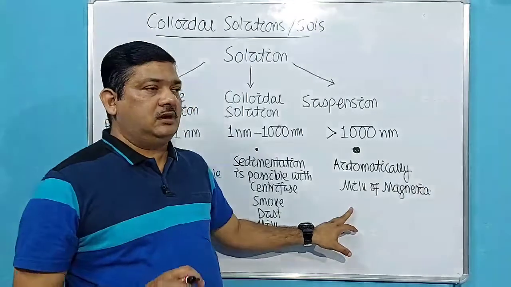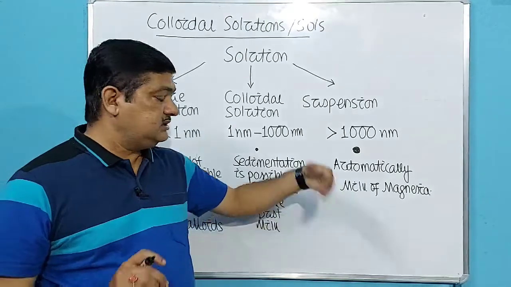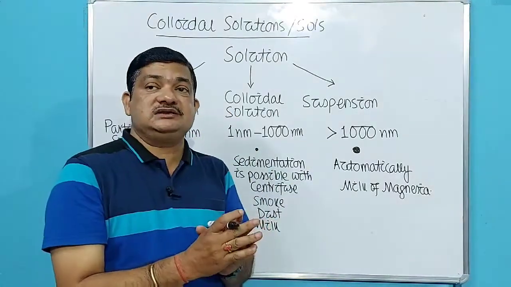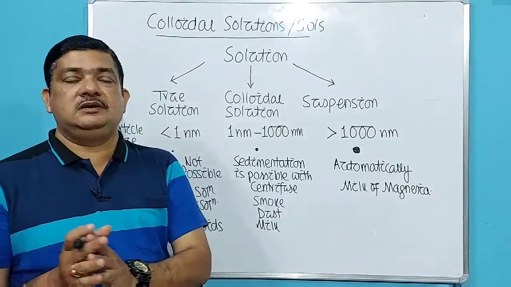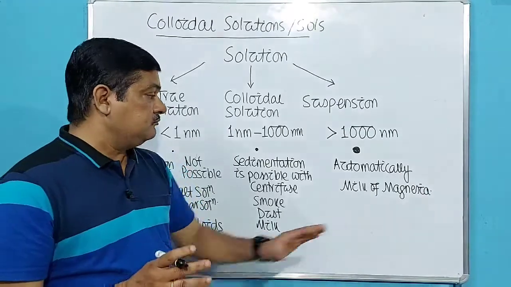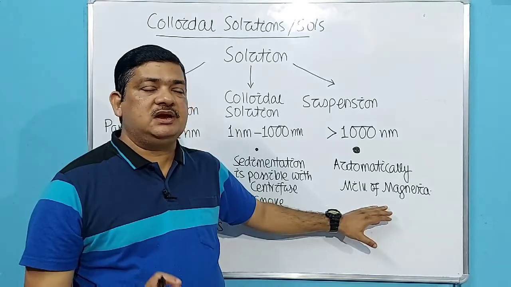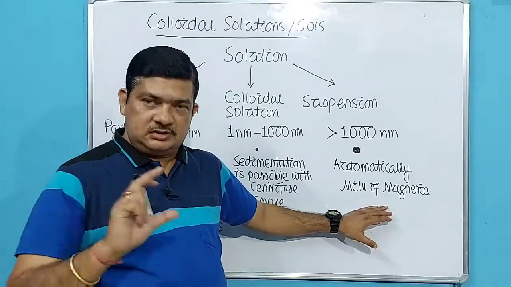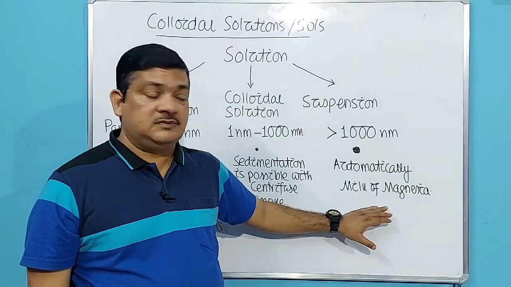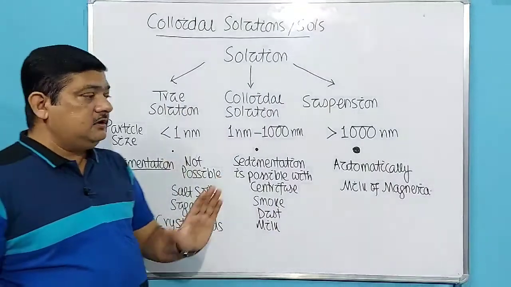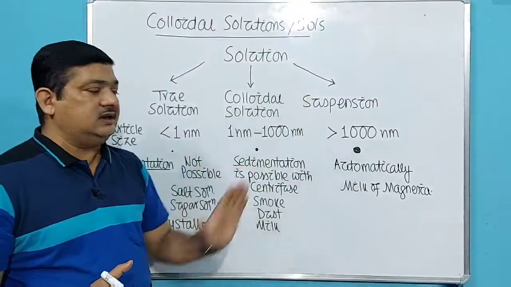In this colloidal phase, we will be using different words: dispersed phase and dispersion medium. What we use as solute is the dispersed phase, and what we use as solvent is the dispersion medium. Here the solid particles settle down automatically at the bottom, and the solvent remains on top. That's why you are directed to shake it well before using. By now it must be clear what is a true solution, a colloidal solution, and a suspension.